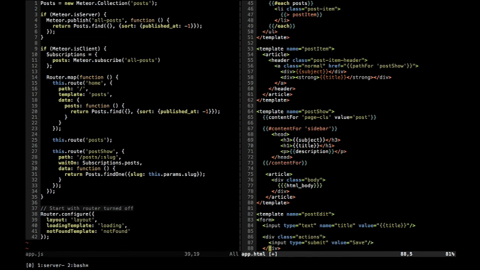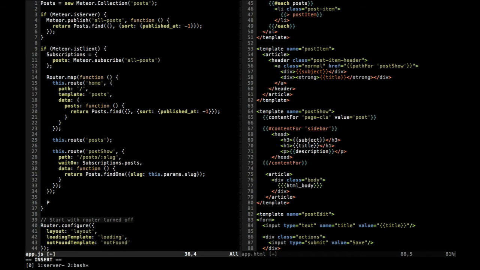Okay, now over in the router, these routes are starting to get a little cumbersome, and as my application grows, I may not want to put logic right into the router. As the application gets really big, I may actually want to have individual classes that control my routes. So what I'm going to start to do here is create a controller. I'm going to call this post controller, and it's going to extend from route controller. And